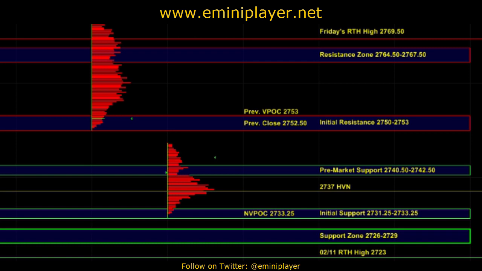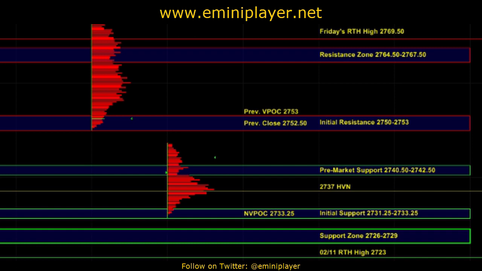So if in real time we're continuing to see broad market weakness and sustained downside momentum, and the sellers are managing to hold ES below the 2750 to 53 initial resistance zone, then that would serve as a bearish indication, and from there the market could head down into the pre-market support at 40.5 to 42.5, and then a break below that area would open the door for a move back down towards the overnight low at the initial support